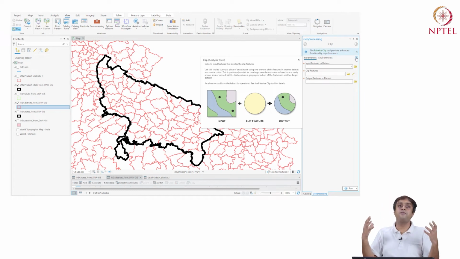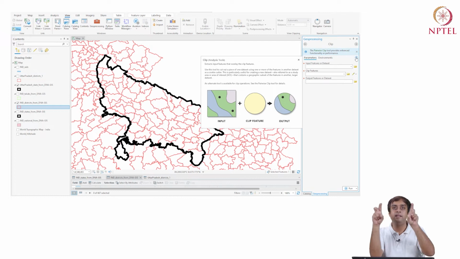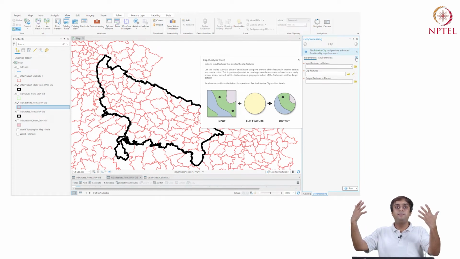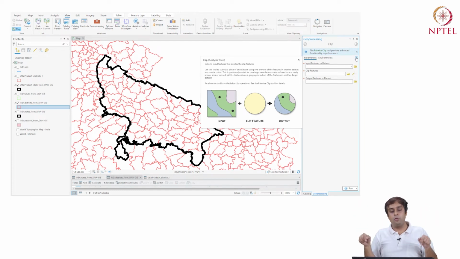So if you have such predefined areas of interest or features that you want to study data for, and not everything else inside a state or inside a country or inside a given larger region, then you can clip the features inside that area of interest, right? Here, my larger region is India's district file, and my area of interest is the Uttar Pradesh extent. Okay, so I'm going to now clip the features so that they are only contained in that file.